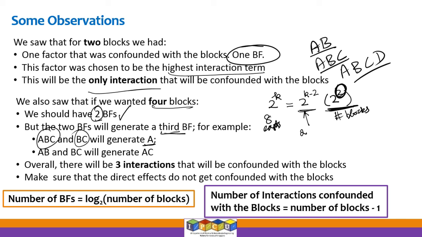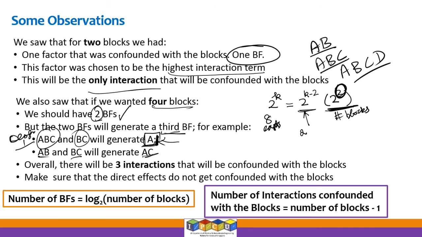So this was in design 1. ABC and BC were the 2 basic blocking factors, and that generates the third one, which is going to be ABC multiplied by BC, which is equal to A. In the second design, AB and BC were chosen as the basic blocking factors, and AB and BC interact to generate AC. So this clearly shows design 1, because this is the third blocking factor, the direct effect will be confounded with the skill level